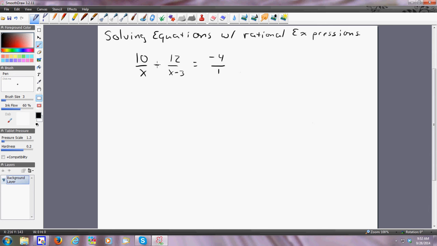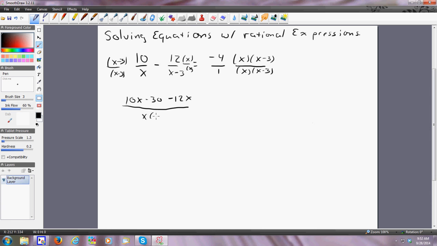working with the operation of addition or subtraction. So I put the -4/1. I'm going to multiply everything. I'm going to multiply this by x minus 3 over x minus 3. I'm going to multiply this by x over x. Then I'm going to multiply this times x minus 3 over x times x minus 3. And by doing that, I get 10x minus 30 minus 12x